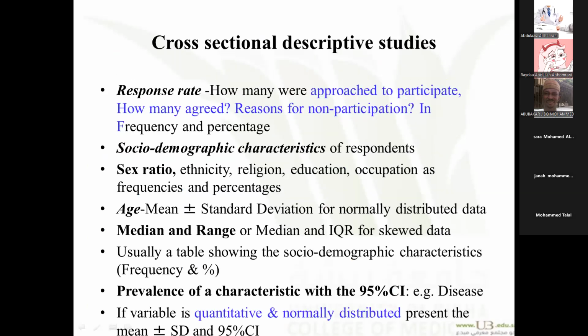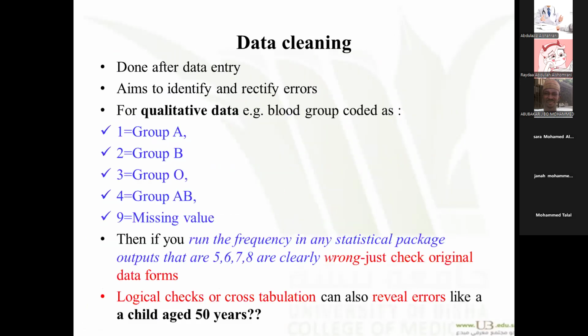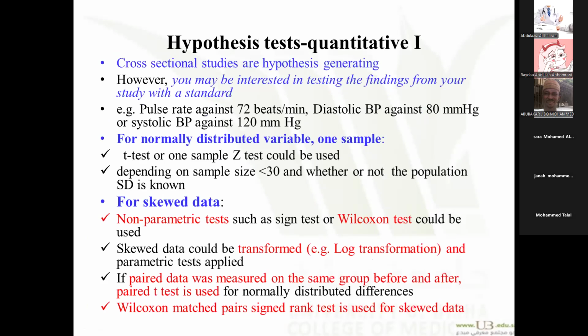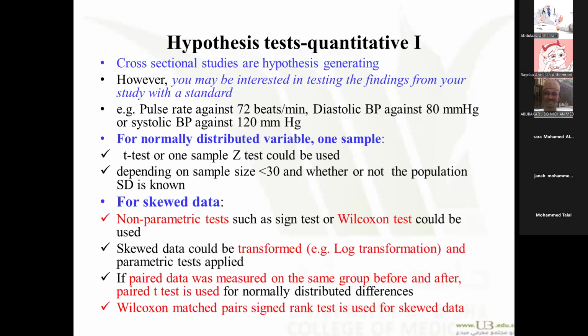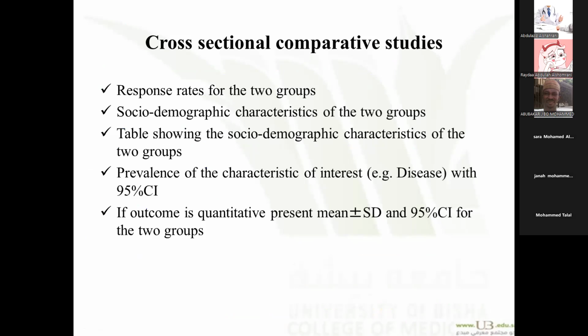So for chi-square tests, if the data fulfill the criteria, you can do chi-square. If it doesn't fulfill them, you can do the Yates correction or you opt for the Fisher exact test. The next thing is cross-sectional studies, which are the simplest and the most common type of study we do here in the college. When you have cross-sectional studies, one of the things we need from your data are similar to what we said in the other slide: your response rate,